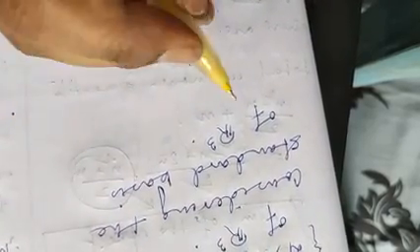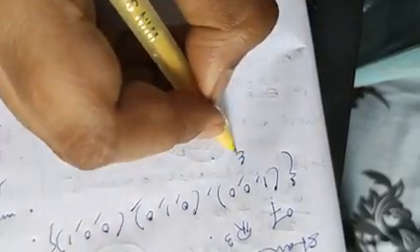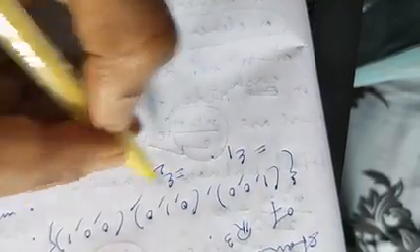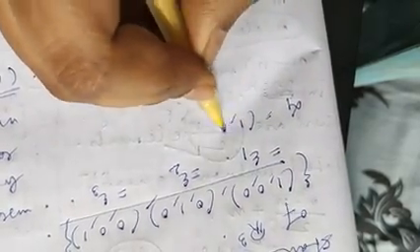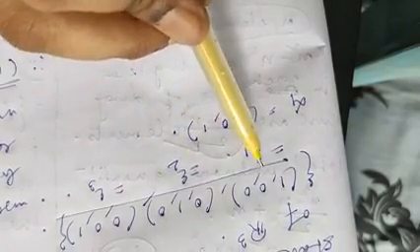What is the standard basis of R cube? It is 1 0 0, 0 1 0 and 0 0 1. We are naming them epsilon 1, epsilon 2 and epsilon 3. Then it will be easier to deal with. Now, as this is the basis, consider the first vector alpha 1. How can we express alpha 1 as a linear combination of epsilon 1, epsilon 2, epsilon 3?